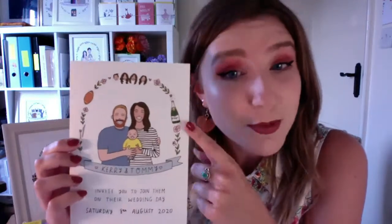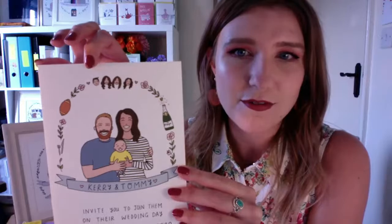It's so sad. So this is a wedding invitation that I did for a really cool couple, and they wanted their baby included. So they look really cute in their little yellow jumper. For this one, we included a very specific type of champagne that they were going to serve at their wedding, so it's got the label on everything. And then a rugby ball, because this gentleman played rugby. And then at the top, I don't know if you can really see, but there are 4 little tiny faces, and these are of the 4 children